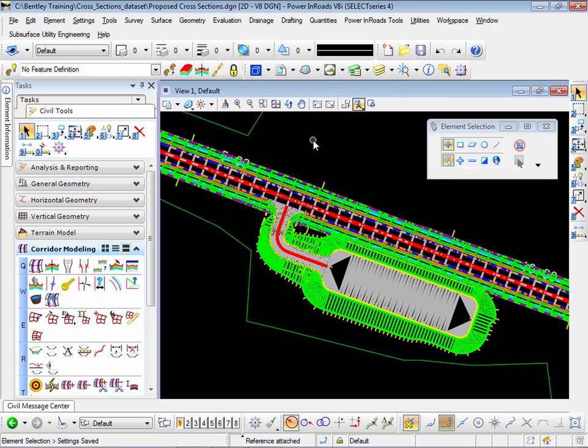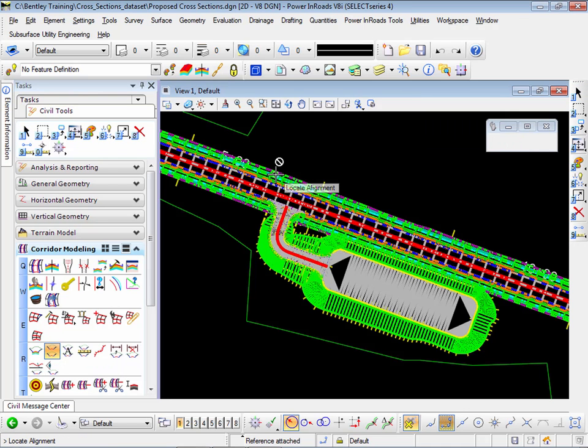And the next thing we want to do is create our cross sections. So select the Create Cross Sections tool. Underneath Corridor Modeling, my cross section tools are next to the letter R. We don't want to open up a cross section view. That's a temporary cross section view, similar to the temporary profiles. We want to click on the second button, which is Creating Cross Sections, and it'll create cross section model